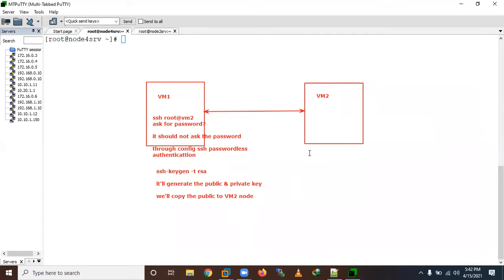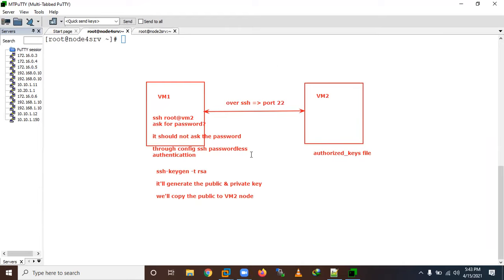It will generate that file over SSH. The SSH protocol by default works on port number 22. If you want, you can change it, but by default SSH works on port number 22.